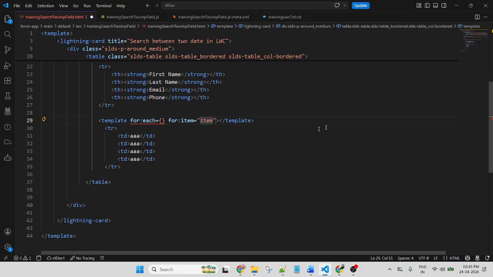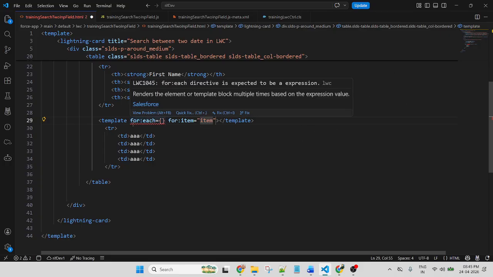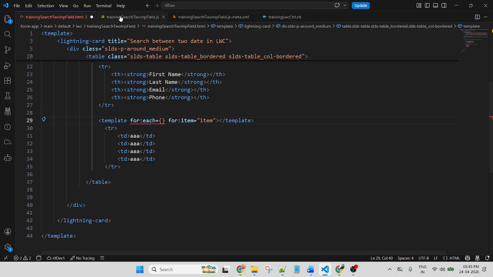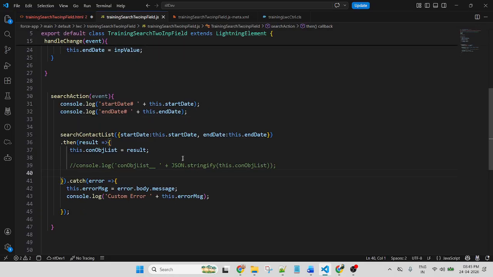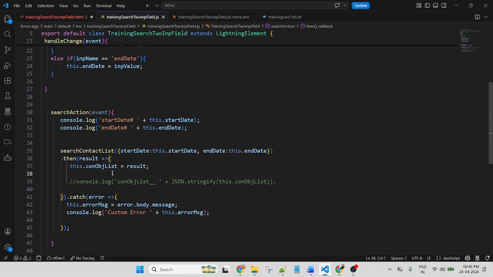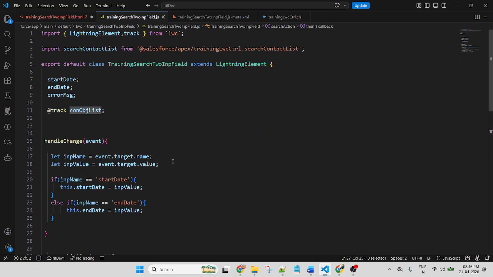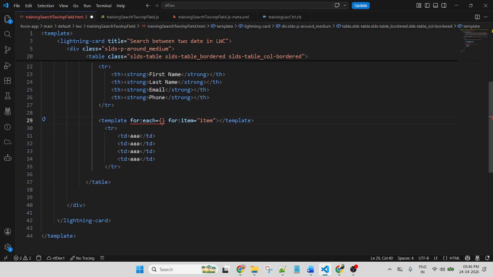Item, you can put any name, but for each always pass the variable. In which variable am I storing data? We are storing data in this contact object list. This is the track variable, and it will be passed into this for loop here.